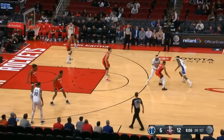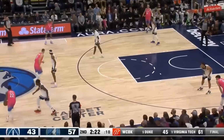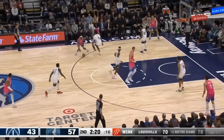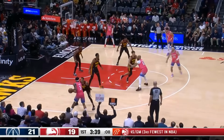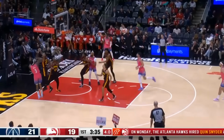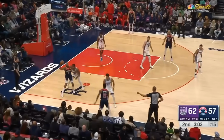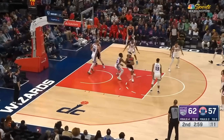I mentioned the mid-range, and Beal is one of the game's most lethal assassins, getting to any spot inside the arc and just torching defenders through his versatile shot making. And what stands out to me is the vast amount of ways in which he can create these looks. Out of any play type, out of any scenario, he's got the counters and the skill set to generate space